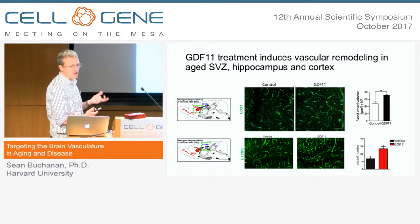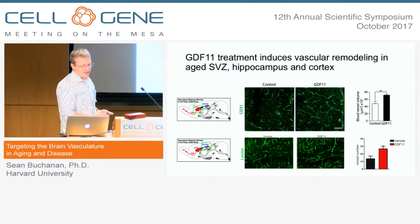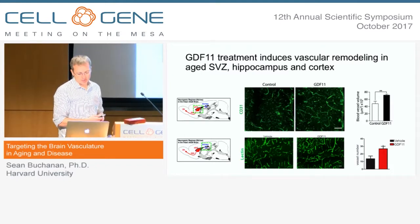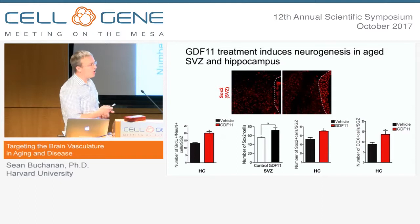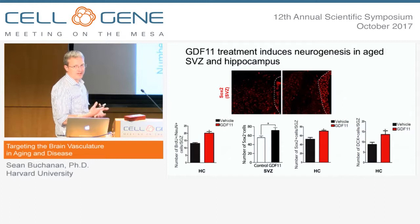So we sought to test whether injection of this single protein could recapitulate any of the aspects of parabiosis. We injected recombinant GDF11 into aged animals every day for 28 days. And then we looked to see what happens in the vasculature of both the SVZ and the SGZ in the hippocampus. And we see in both places an increase in vasculature measured by volume, area, number of blood vessels, and number of branch points. Along with that, we see increases in both zones in the number of proliferating cells labeled by either Ki67 or BrdU, the number of neural stem cells labeled by SOX2, and the number of newly born neurons labeled by